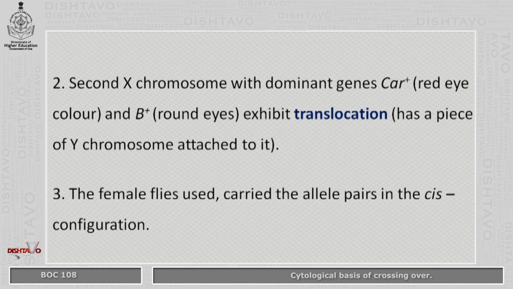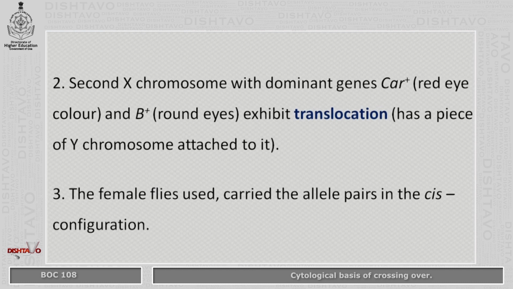The second X chromosome, with dominant genes for red eye color and round eyes, showed another chromosomal aberration, that is, translocation. It has a piece of Y chromosome attached to it, due to which this chromosome appeared longer. So one X chromosome appeared shorter when observed under the microscope and the other X chromosome appeared longer because of